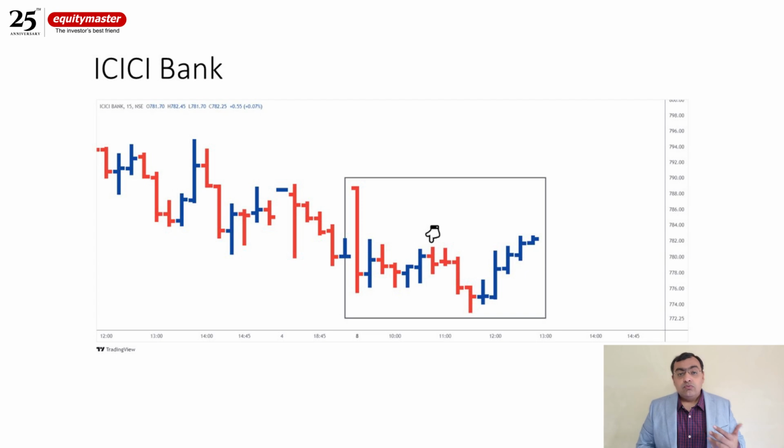If you want to use the same parameters, on the short side use the 3 highs as stop loss on a 15-minute chart, and on the long side you can use 3 lows. You can try the same system if you want intraday stocks coming up in front of you. This is software called TradePoint, which I have taken trades from, and they have this scanner available. We are not promoting any software over here, but you can get in touch with them if you want to try the software.